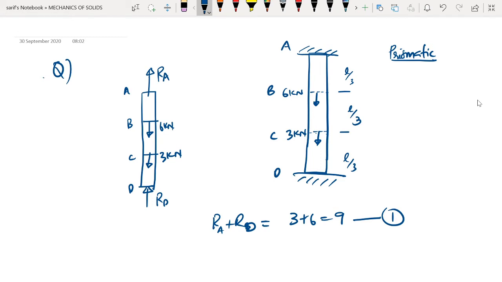However, the net change in length of the bar is going to remain zero. There is not going to be any change in length for the bar, because the entire bar is fixed at both the ends, and therefore its length is not going to change. There may be relative elongation or shortening of different segments. However, as a whole, the bar is not going to change in length. So let us analyze the various segments.